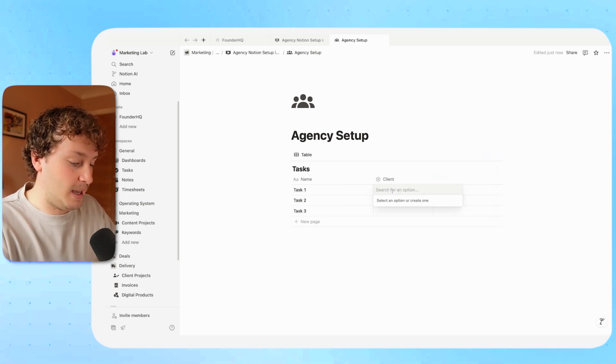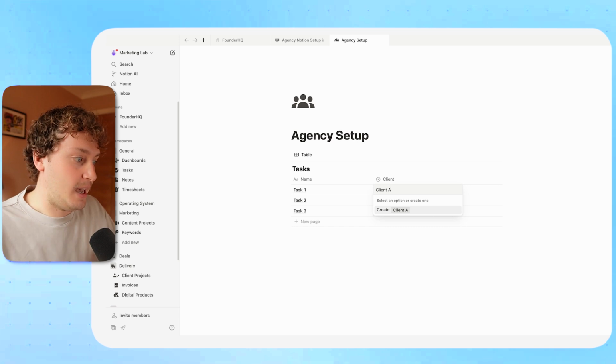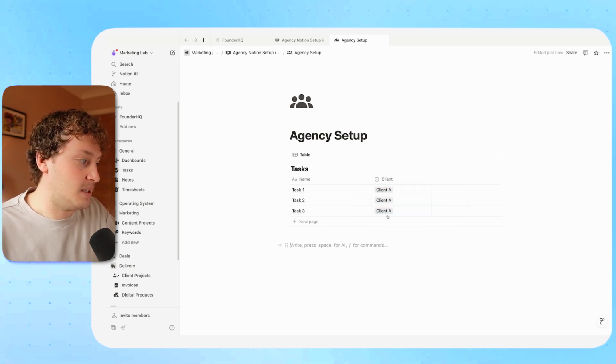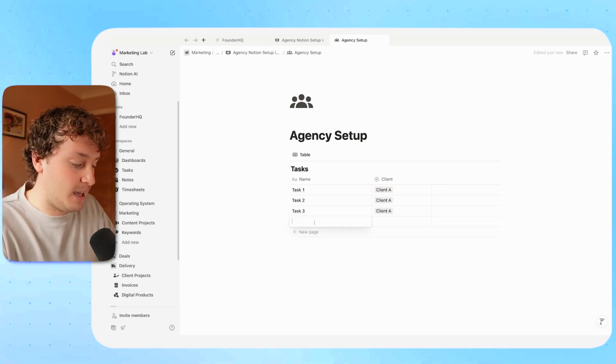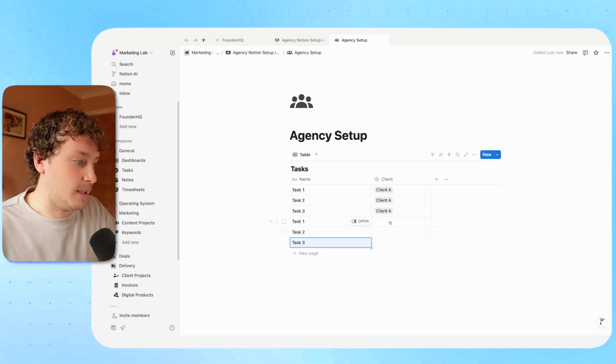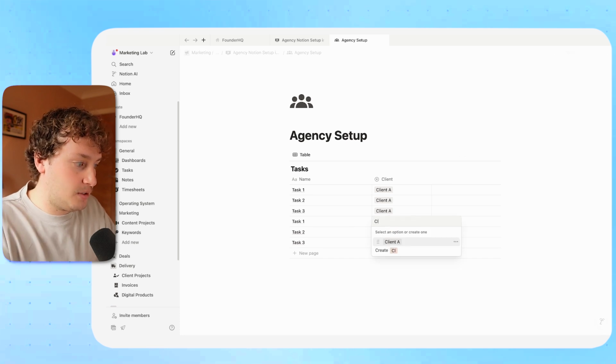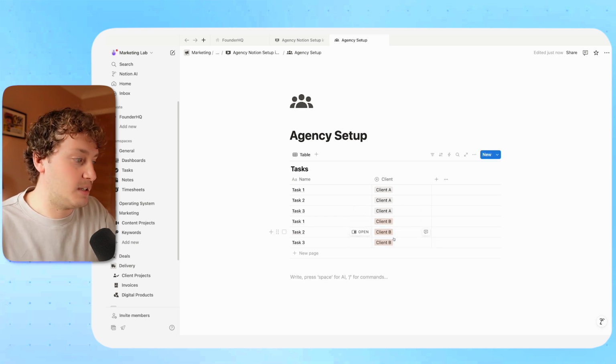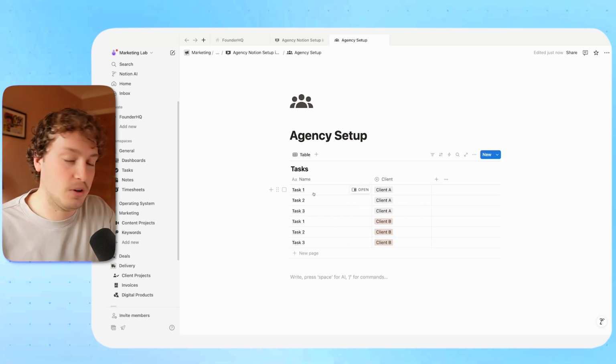So for example, we had client A. I'm just going to add that by hitting create. I can drag this down here to make all of these tasks for client A. And then for example, if I wanted to again add task 1 to 3 here, I can add a second option in this select property for client B. And so now we can see we have at least a preliminary divide between tasks for client A